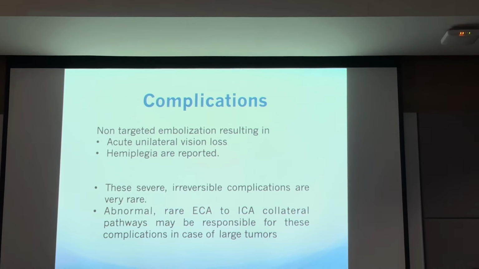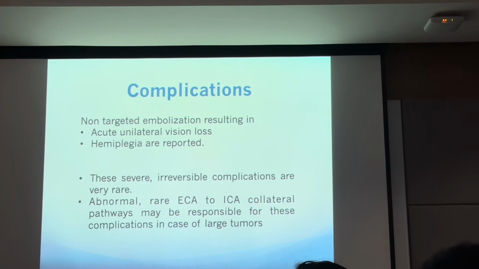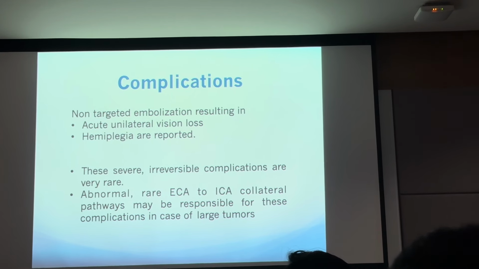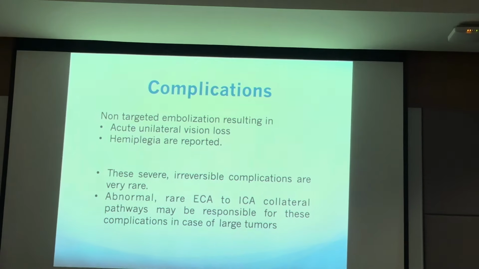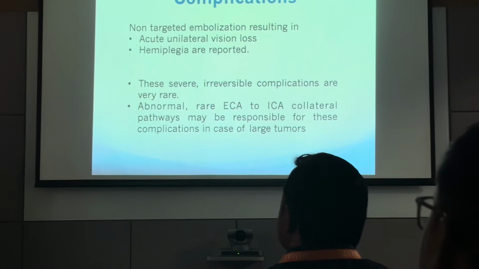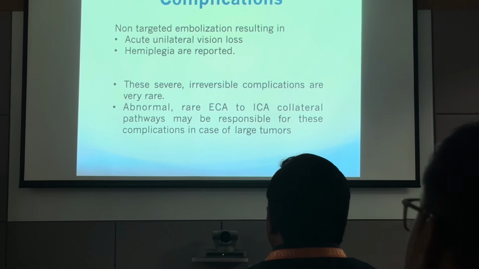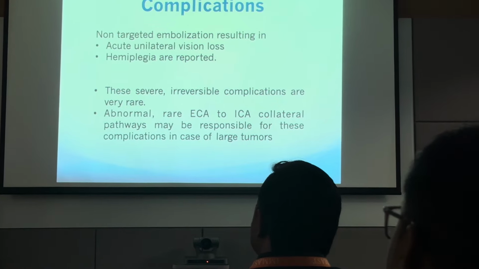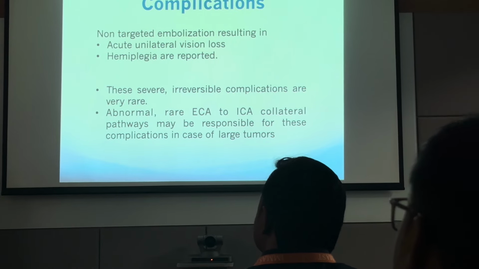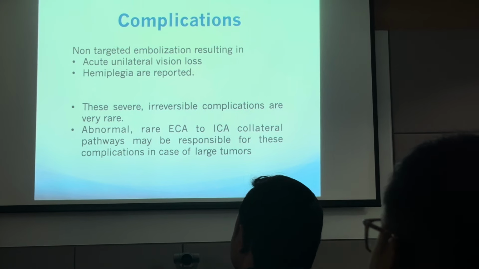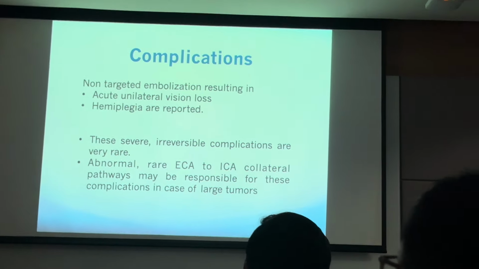Now everything is good about JNA, except the risk of hemiplegia because of non-targeted embolization. During the last few cases, I showed you how we can reduce this. A very rare case has been reported where there is an abnormal communication between ECA and ICA. But that is absolutely bad luck for us and for the patient, and it's not so common. But on ECA, if you see choroidal blush,